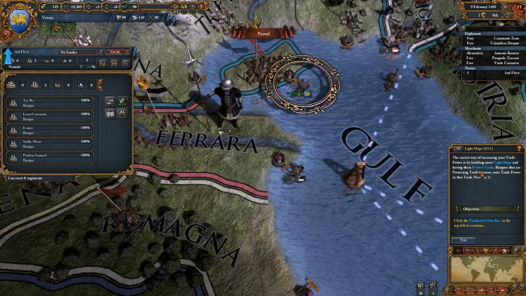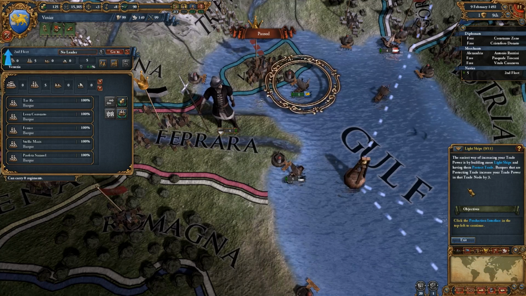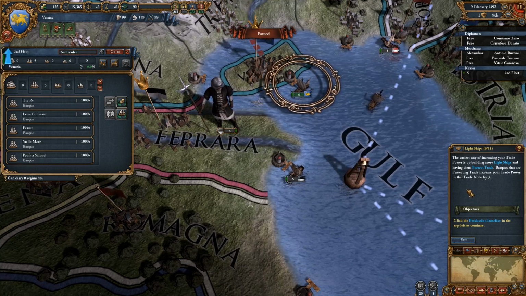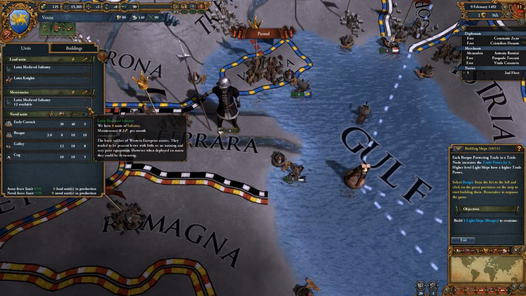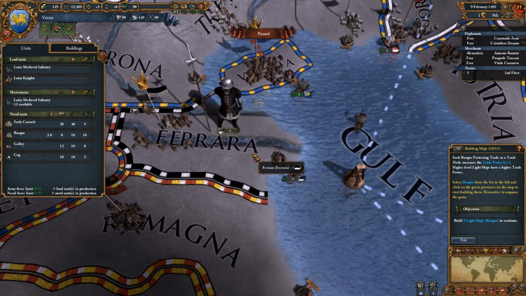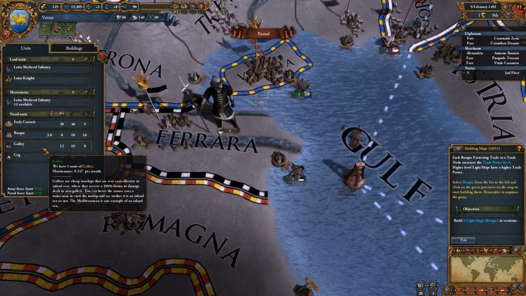Okay, so now it wants us to build more light ships, I think. So, click the production interface. Right, okay, so remember this one before. Build 5 light ships. Okay, so I guess these are all light ships, so it kind of really...